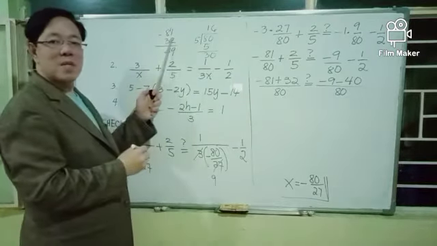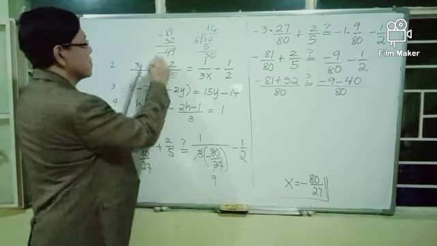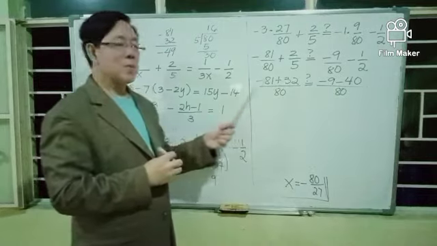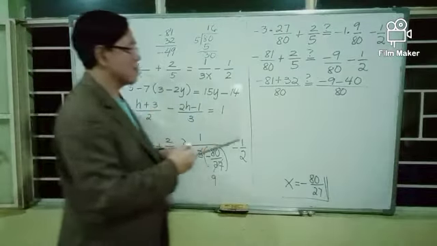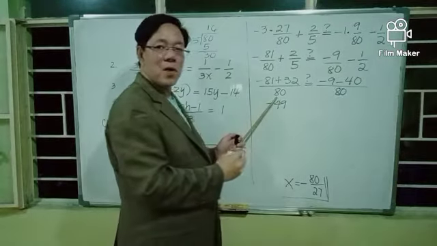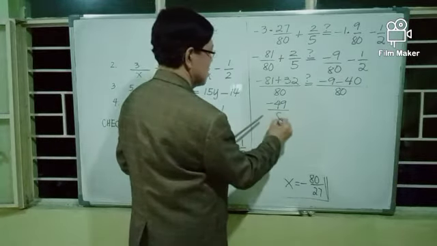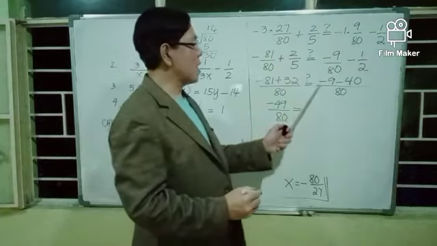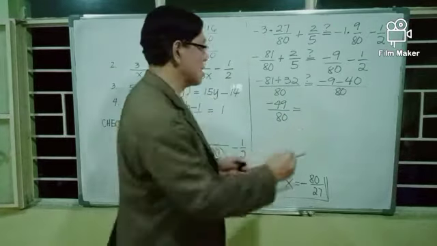And the sign of the bigger number is negative. Hence, negative 81 plus 32 is negative 49. Negative 49 over 80. And this is equal to negative 9 minus 40, which is negative 49